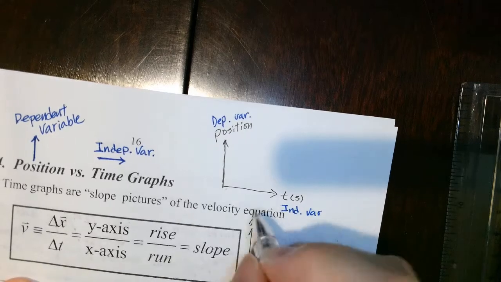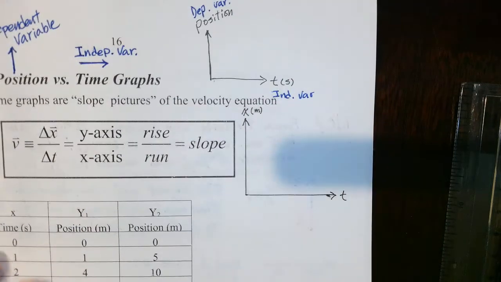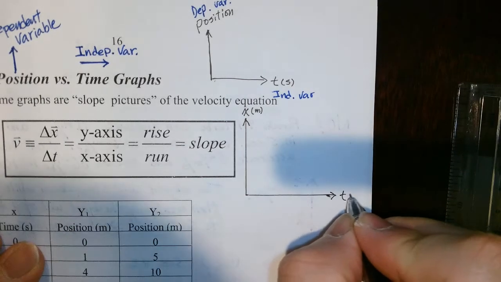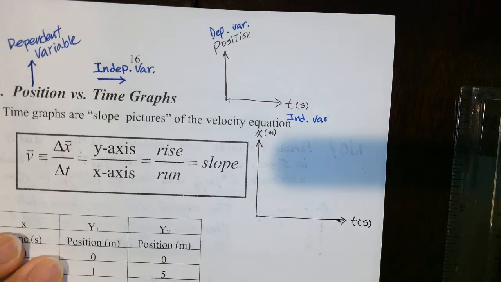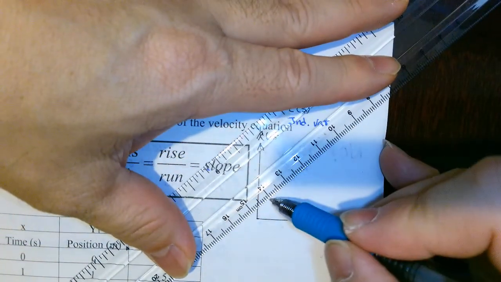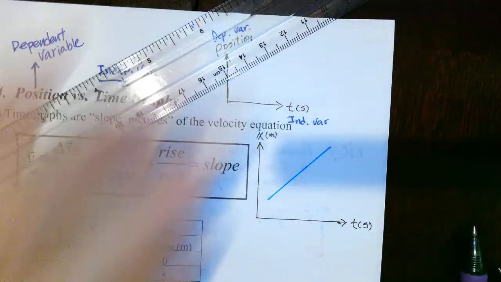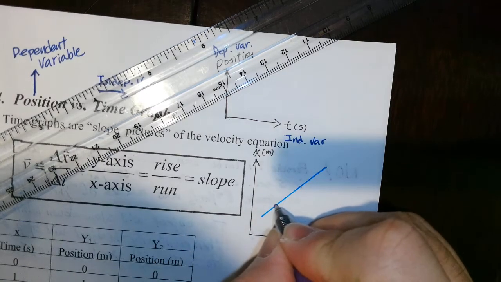The position will have unit of meters, and time will have unit of seconds. And let's say I have a graph that represents position versus time. If I were to find the slope of this graph,